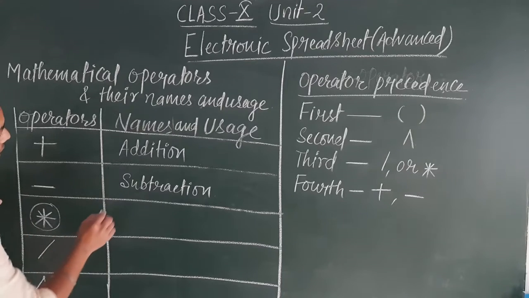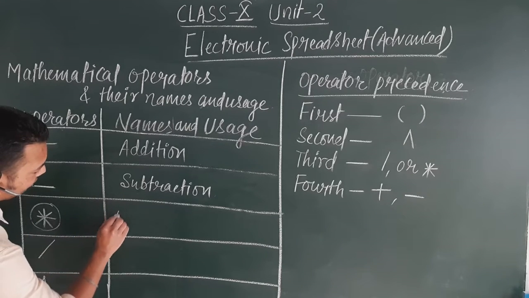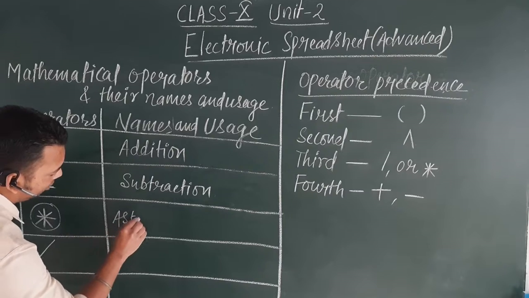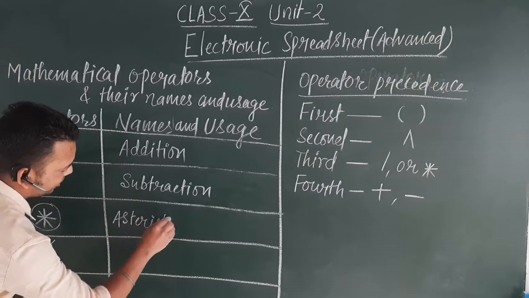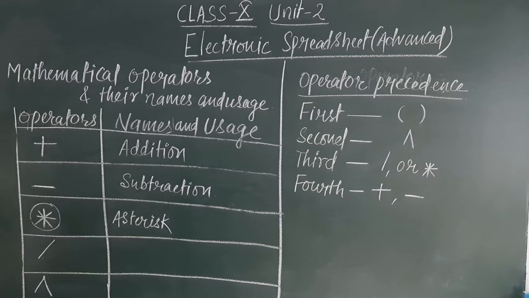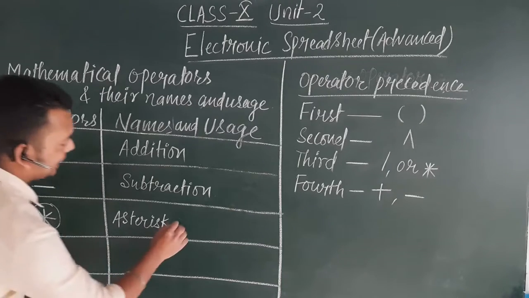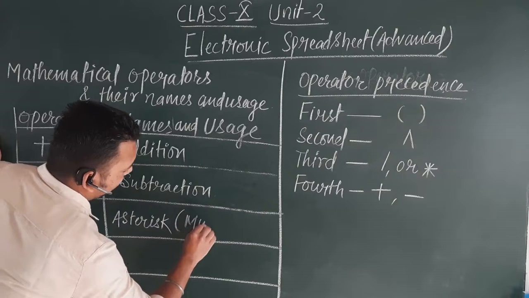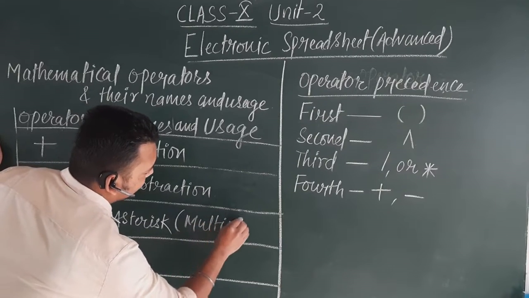The name of that particular operator is asterisk. And asterisk simply denotes all out of a group or set, all. Okay, so asterisk is used for performing multiplication,